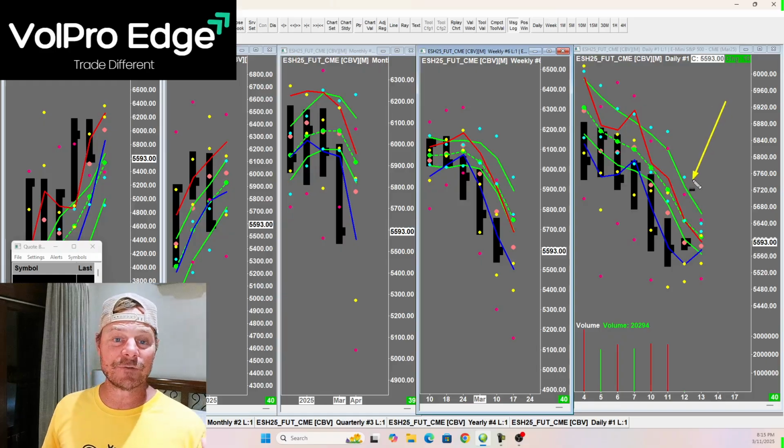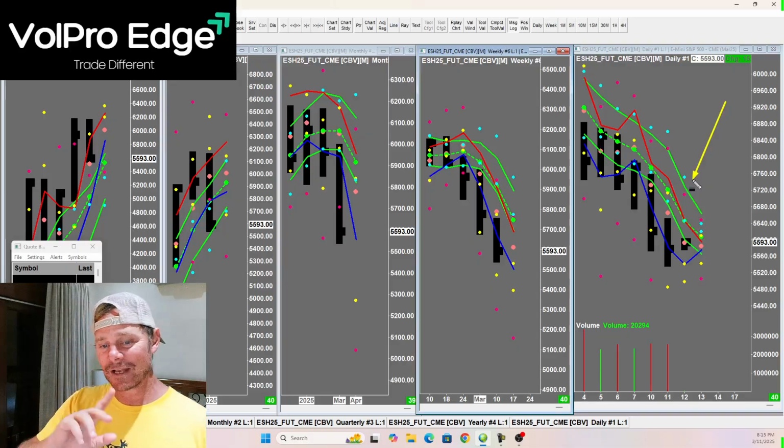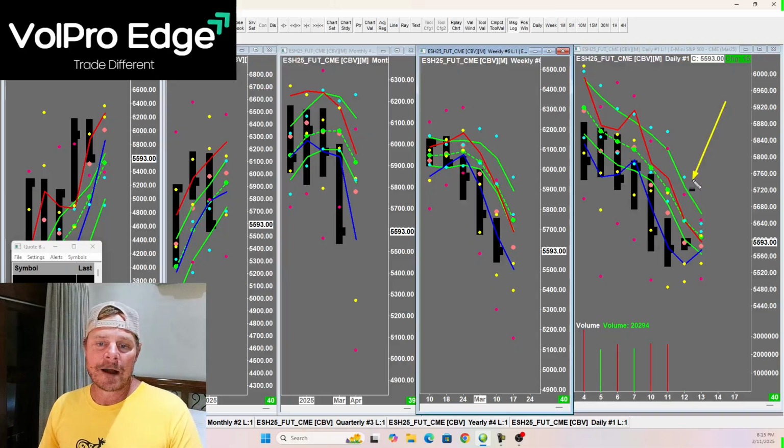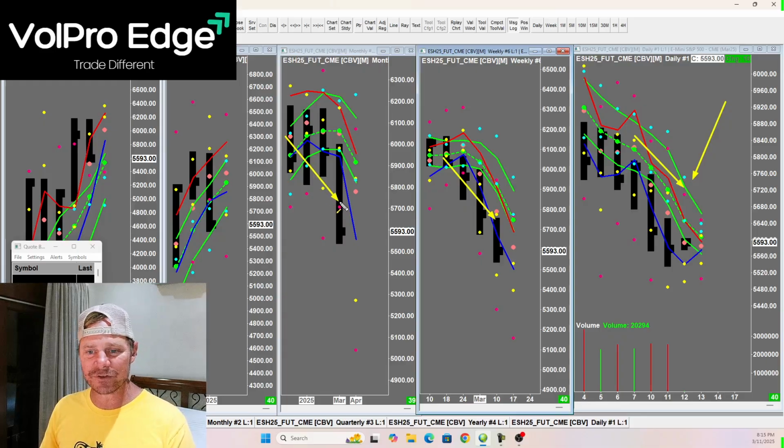So what I would do if I was playing the ES in the next 24 hours, I'm not. If I was, I would be looking for resistance up into this 57.20 area because you've got a lot of daily levels stacked into that 57.20. You've got old broken weekly levels there. You've got that old monthly level into that 57, 57.20. So that's what I would be looking for. Any attempt to rally up through that level, I would probably look to get short, okay?